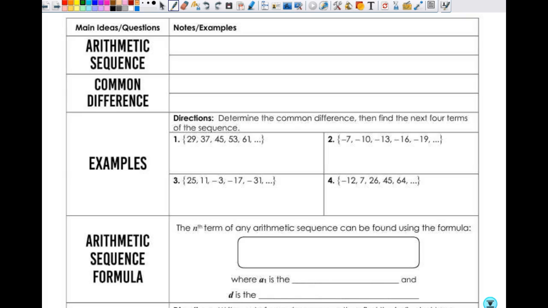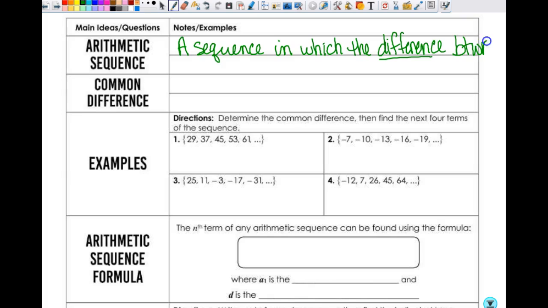So first we have what's called an arithmetic sequence, okay? That's just a different form of the word arithmetic, like math, right? So an arithmetic sequence is a sequence in which the difference is important here, difference between any two consecutive, so let's talk about consecutive. So the difference means I'm going to subtract, right? Consecutive means one right after the other. So a sequence in which the difference between any two consecutive terms